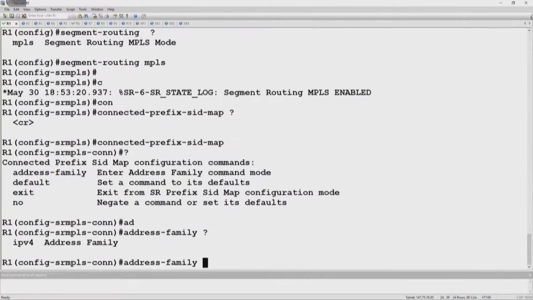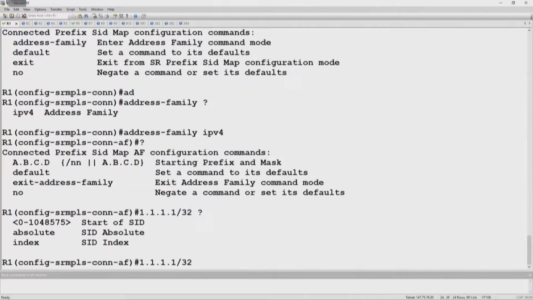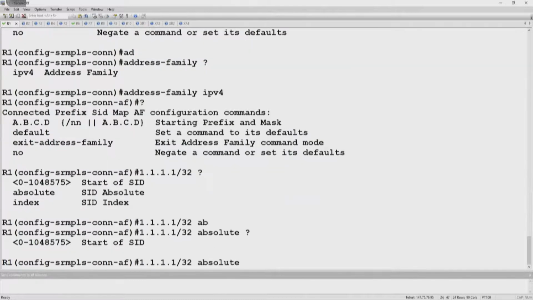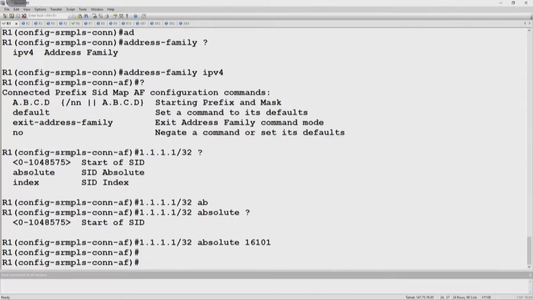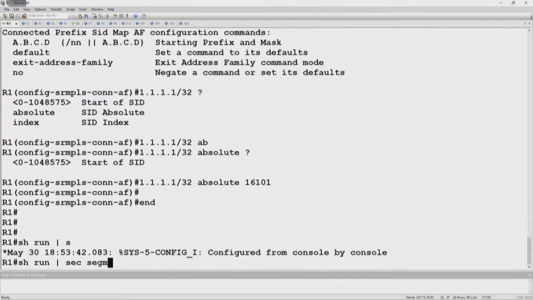Address family, only IPv4 in this particular version. And then we have 1.1.1.1/32, which is our loopback. And let's say in this case we have an absolute value, 16.101. If we show run section segment,